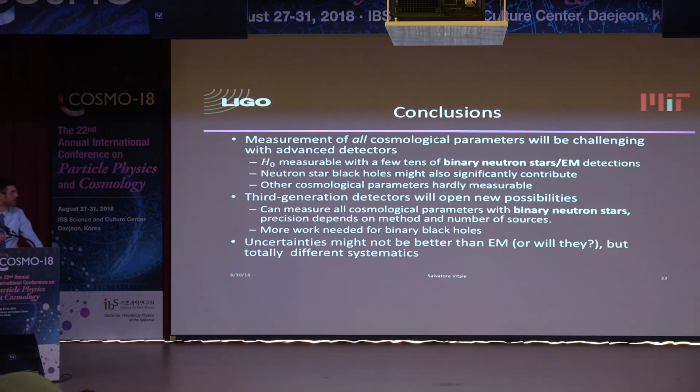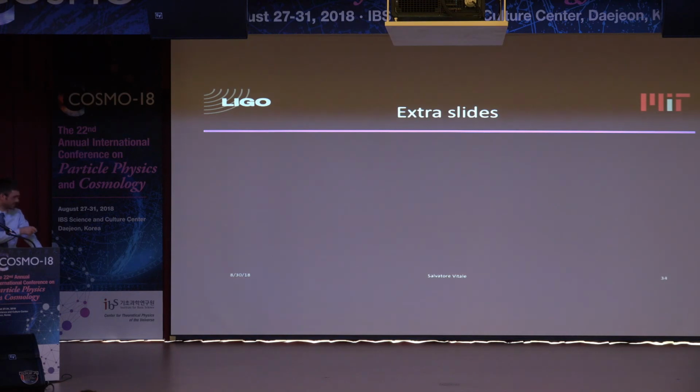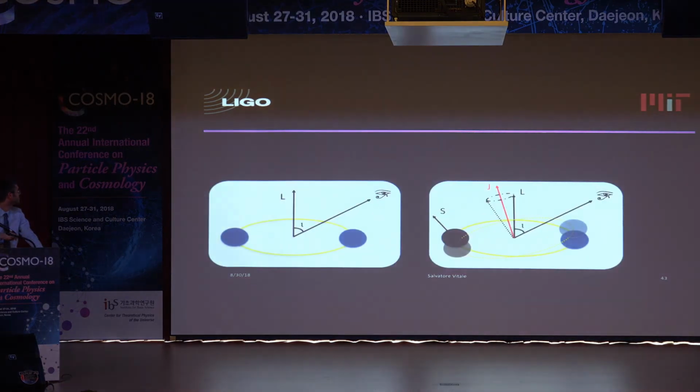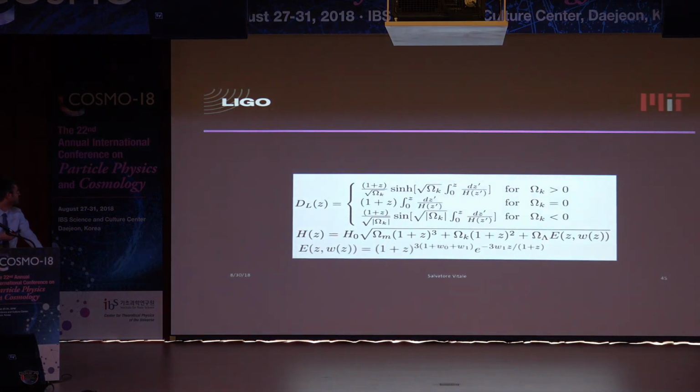Yeah, right? So you can. How? Well, you measure everything. No, I understand that you get DL with 1% precision. Let's assume that you get DL with 1% precision. But if you are beyond redshift of 0.05, like what you showed, a few hundred megaparsec, then you have the small h inside the integral, right? Yeah. Which is model dependent then. You need to know the components. Unless your source is really near to us, which would be completely independent of the cosmology. For very high precision, we still need to know the cosmology.